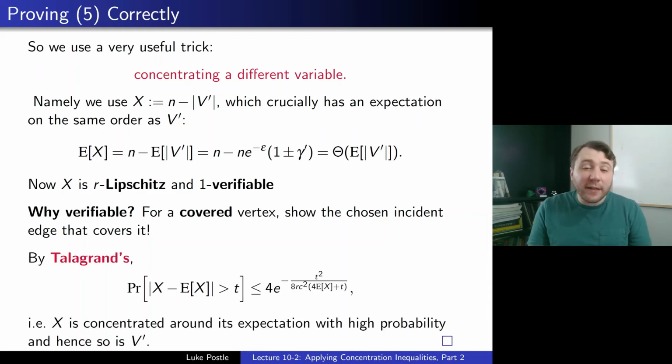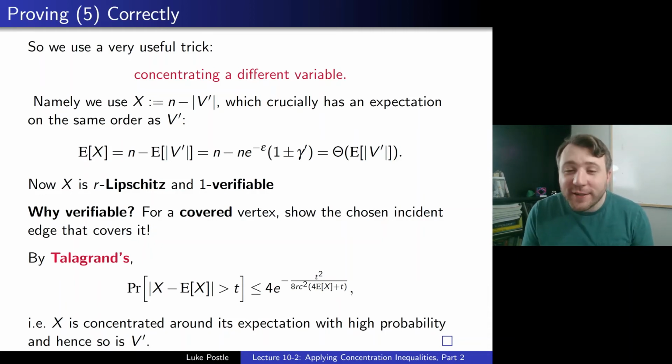And now by Talagrand's, we're basically done. The probability that you're at least t away from the expectation, you get this e to the minus t squared over 8rc squared for the expectation plus t, so we get the expectation of X in the denominator, and r and c are just small constants. So c is r, the uniformity, so sorry about the doubling of r's, but that's how the setup was for Talagrand's and for our Pippenger-Spencer lemma. So r would be 1, the verifiability, and c would be r, but